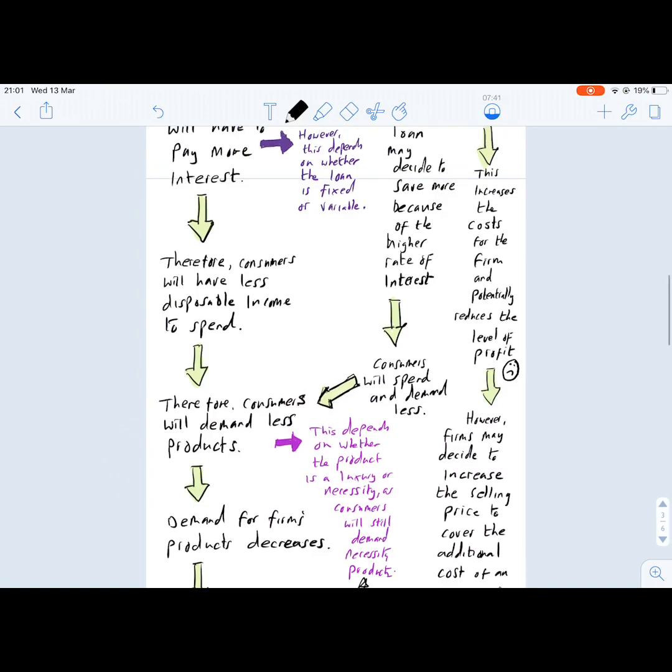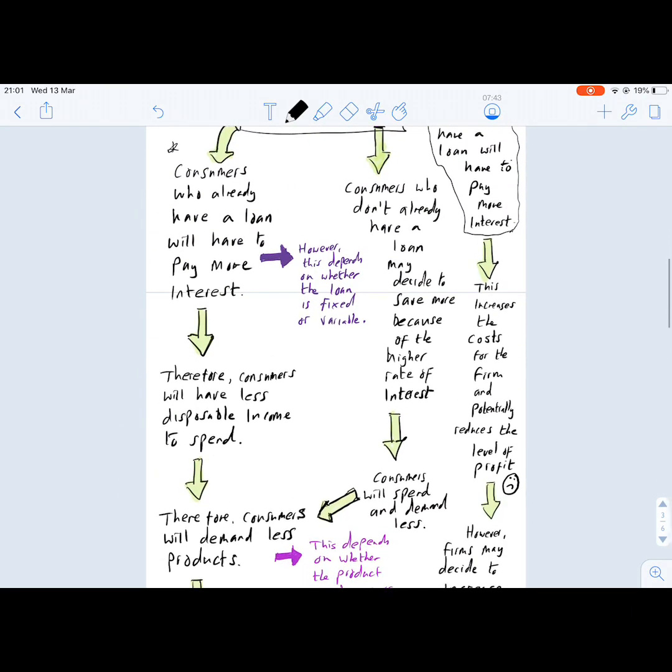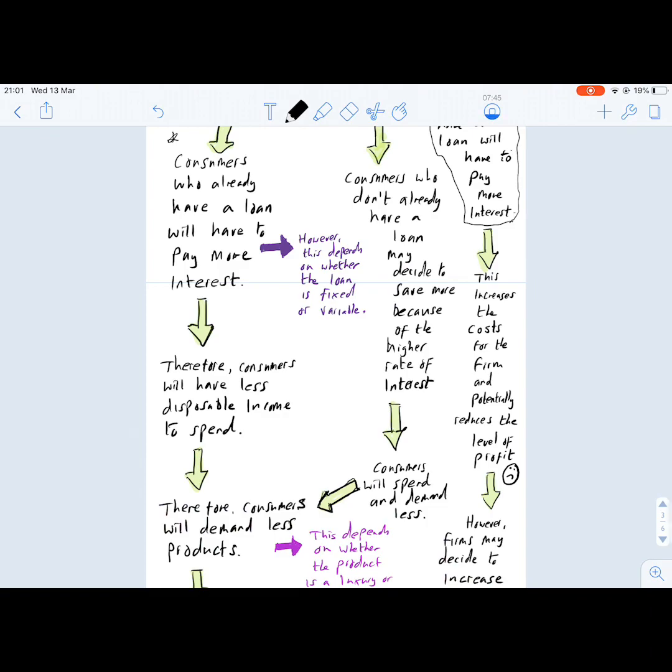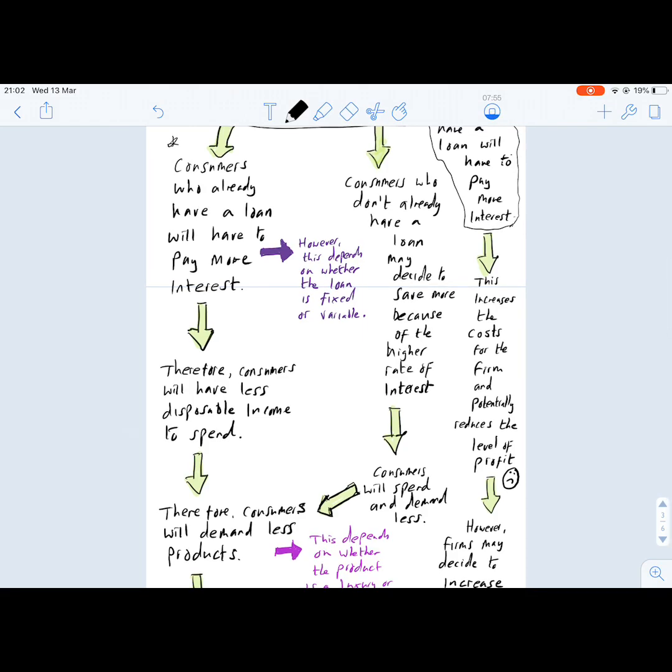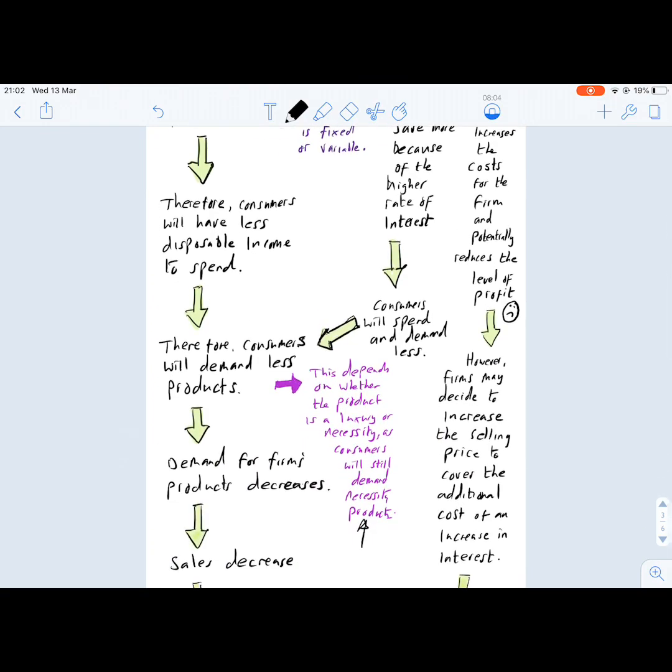Okay, let's scroll back up and look at another scenario now. Let's think about consumers who don't already have a loan with the bank but may decide to save more because of the higher rate of interest. So if interest rates go up, consumers may decide to take advantage of the fact that interest rates have gone up and then may save more money with the bank. As a result of this, there's the opportunity cost argument. Consumers can either spend their money or they can save their money. So if they're going to take advantage of the increase in interest rates,